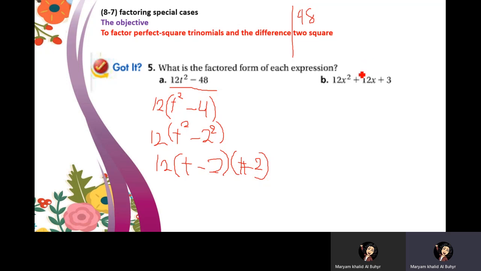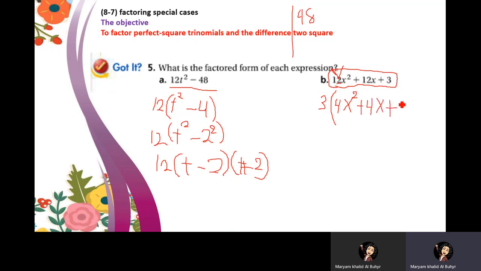Let's see the next one. Here we need to use the same thing that we did yesterday. First of all, let me see what is common between them. Can I say 12? No, because this is a 3, so I cannot say it. So let me take 3 outside. The remaining is, since 12 is 3 times 4, the remaining is 4x to the power 2 plus 4x